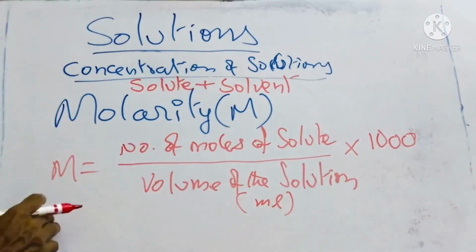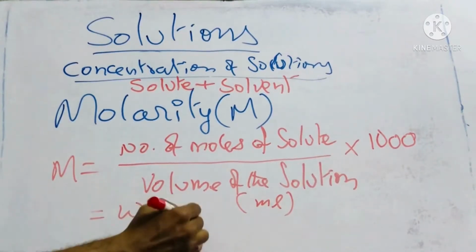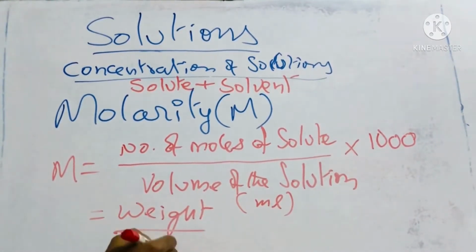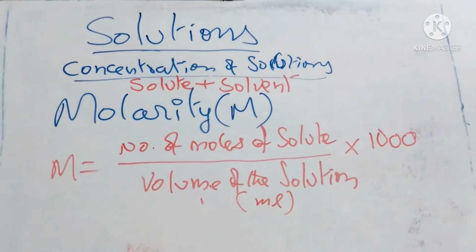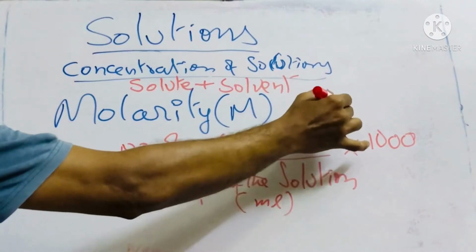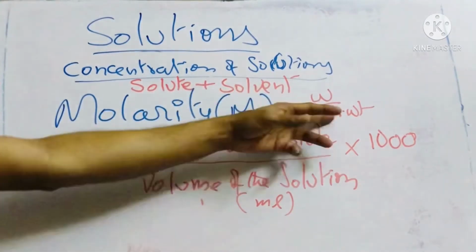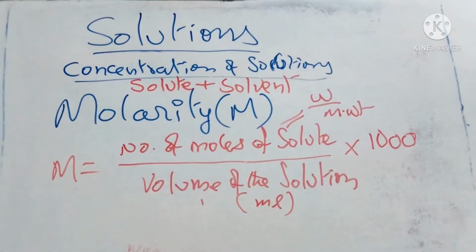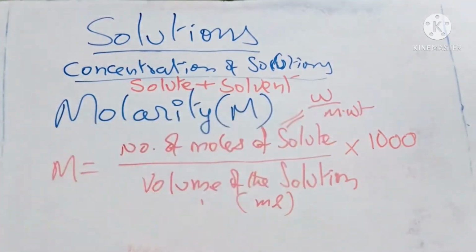Now what is the moles of a solute? Moles of a solute is nothing but weight of it by molecular weight of it. So number of moles is equivalent to weight by molecular weight. So that means the weight of the solute by the molecular weight of a particular solute we will be knowing. We can calculate that molecular mass or molecular weight by using its formula. Like sodium hydroxide, you can find out the sodium molecular mass, then add oxygen molecular mass, then hydrogen molecular mass. You will get the molecular weight of sodium hydroxide.